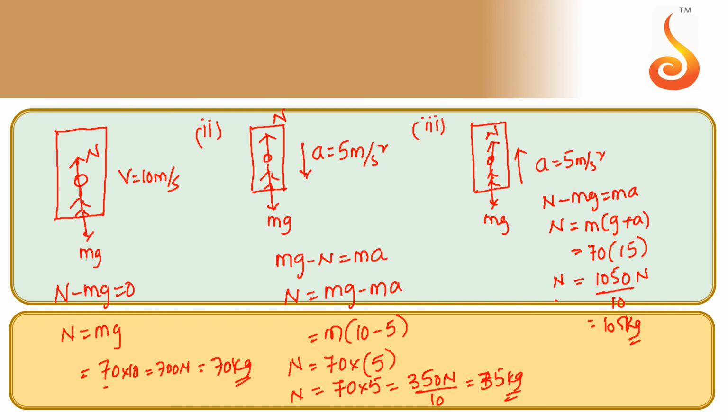So if the man is moving upward, his apparent mass will be 105 kg. And the fourth case is if the lift is moving downward freely. If the mechanism of the lift failed, then what will happen? If the lift is moving downward, even the man also moves downward with acceleration g, and here his own weight will act downward. If there is a normal here, then we can write mg minus normal is equal to mg. Therefore normal is equal to 0. Why have I taken mg here? Because acceleration here is g. It is free fall. So in this case normal is 0. That means his apparent weight will be 0.